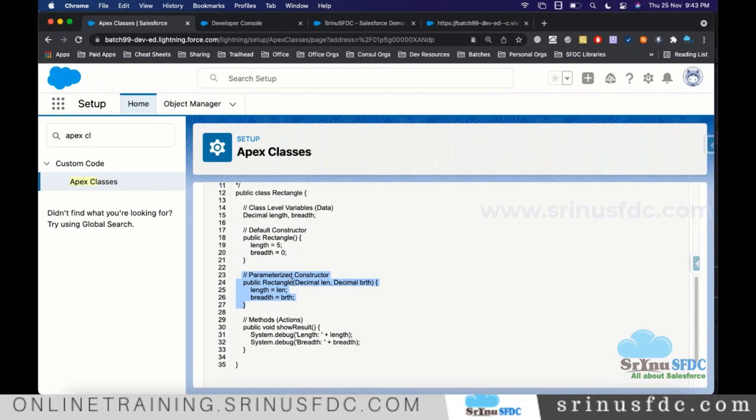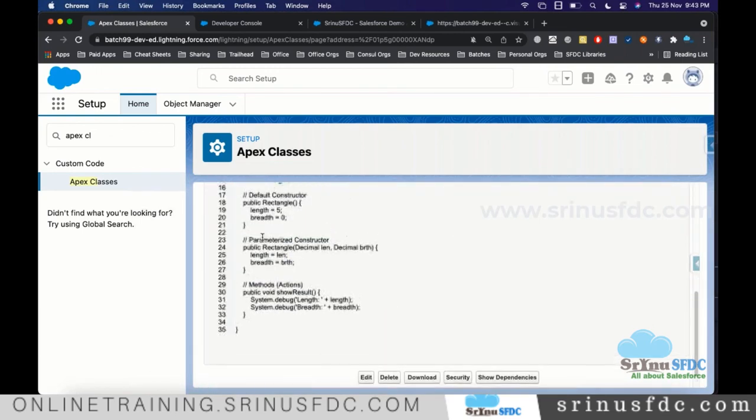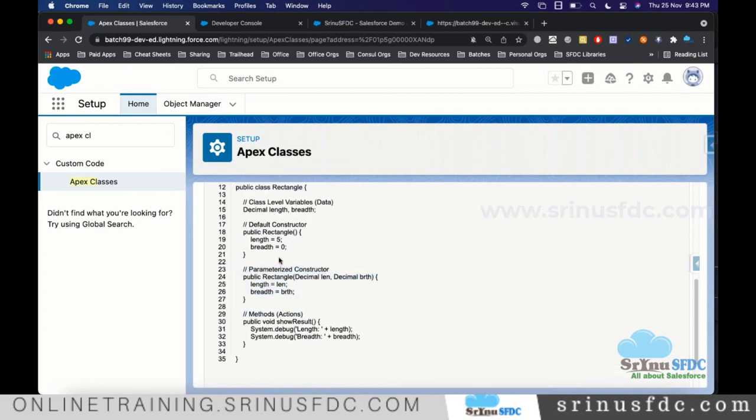But if you don't define any constructor here, by default you can call the constructor with this signature. If you introduce a parameterized constructor and don't define the default one, the default constructor won't be available. It will throw an error.